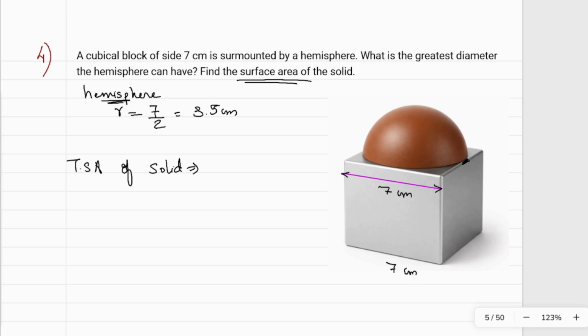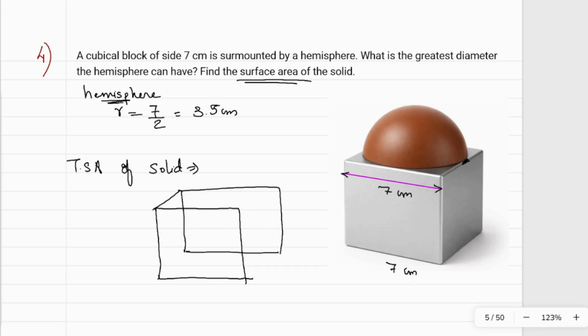For the cubical part, we take the total surface area of the cube, including all 6 faces, so we are adding even the top and the bottom. So we first find the total surface area of the cube. Then we have to find the CSA of the curve, because